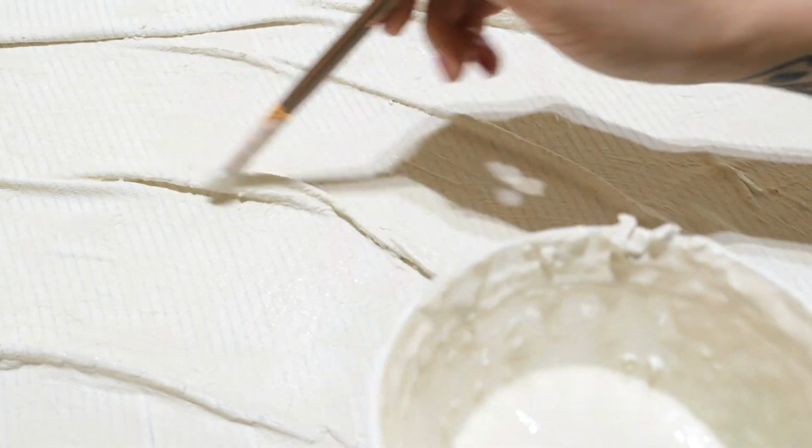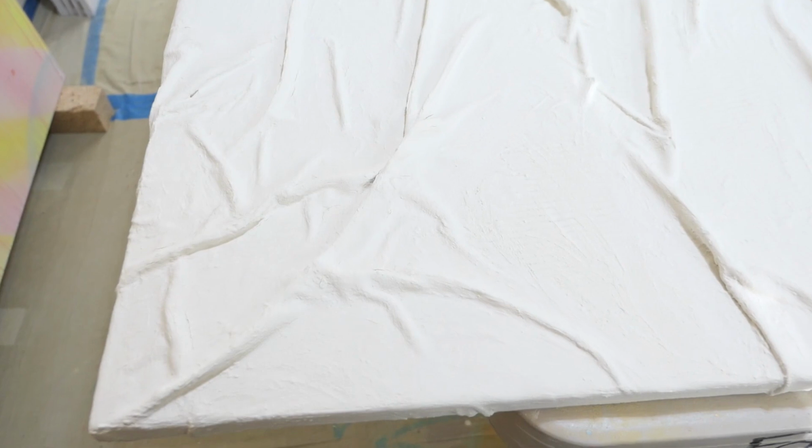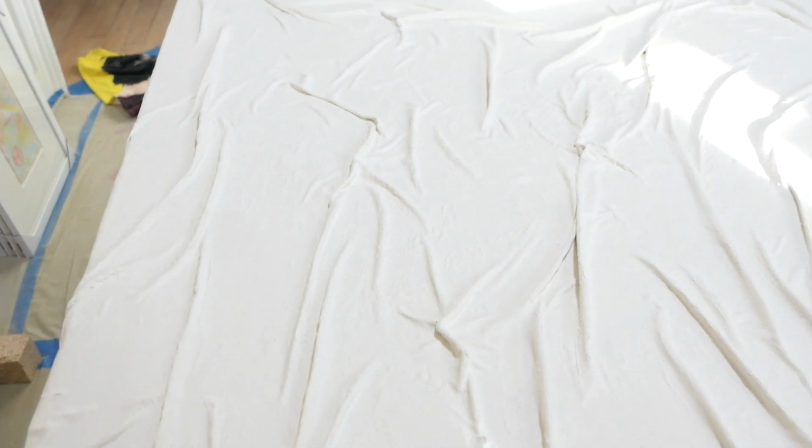And then I didn't get this part on film, but Devin ended up helping me with the smooth and flat areas with a bigger brush, and then I just went over everything with detailing. But finally I got it done, and then here is how it looked the next day. You can see that there was some cracking. It wasn't super severe, but there was definitely cracking, so I knew that for this next layer I had to